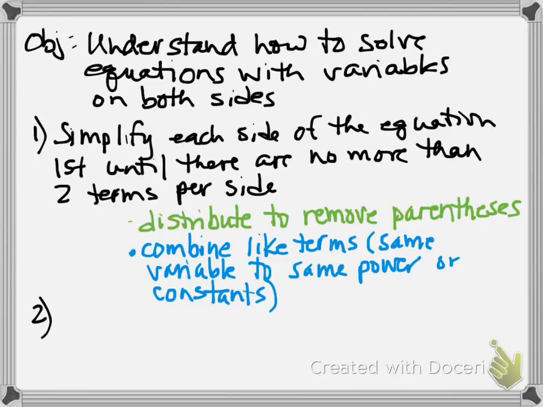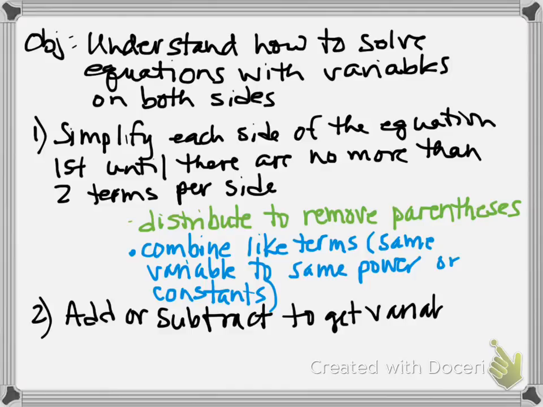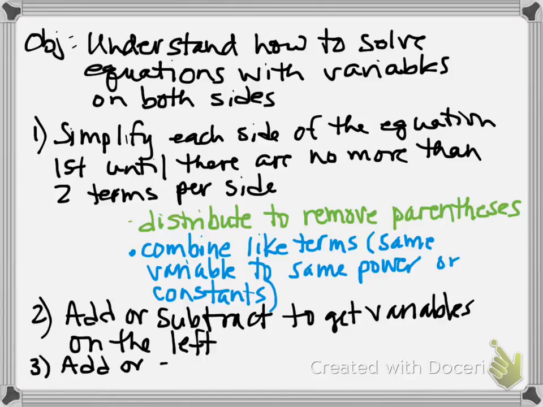Just out of habit, I always systematically pick one to deal with first, and the variables are the very first thing I do. So I'm going to either add or subtract, depending on what the opposite operation is, to get the variables on the left. I want my variable to be on the left in my answer. Again, on the quiz, I saw a lot of people not put the variable in the answer on these equations, and that's mandatory because the equation demands you solve for a particular variable, so you need to say what you're solving for. And then you're going to add or subtract, whatever the inverse operation is,